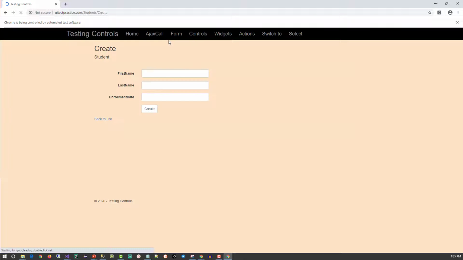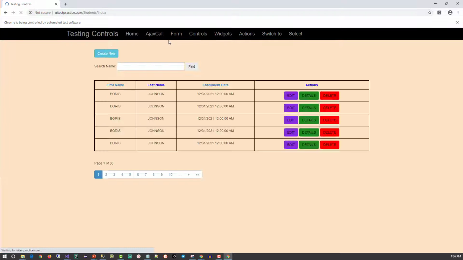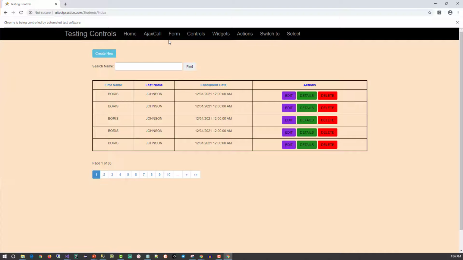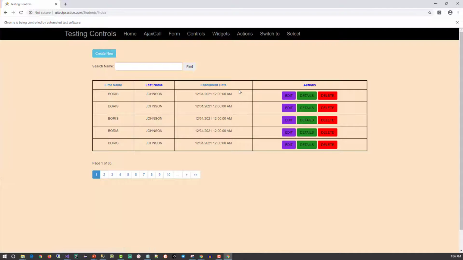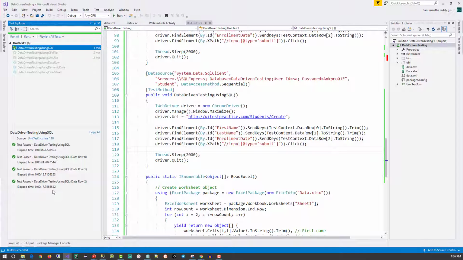Browser launched for the second time. The data retrieved is the second record. Browser launched for the third time, and this time it is retrieving the third record from the SQL database. You can see all the test cases have passed.